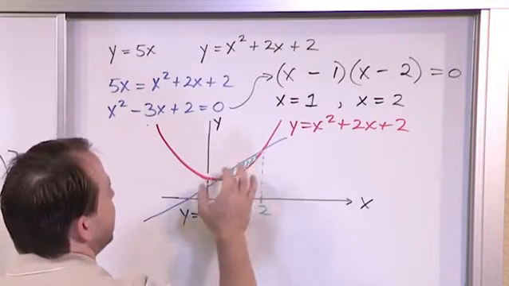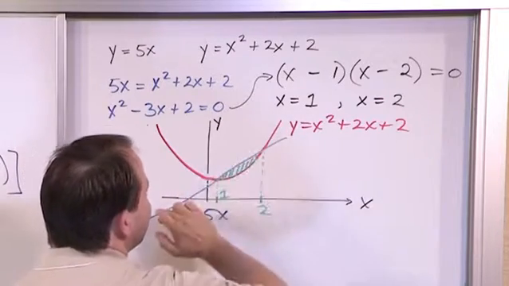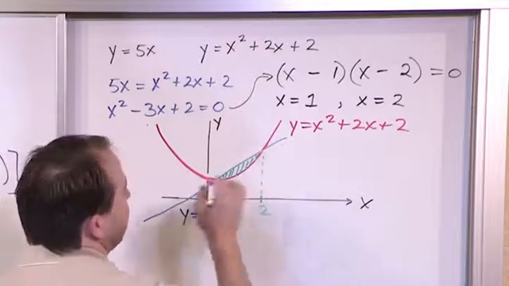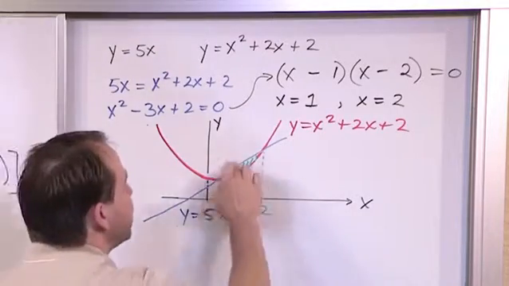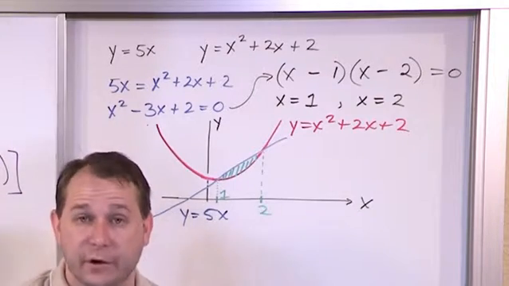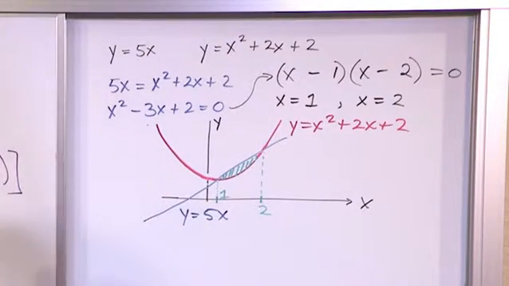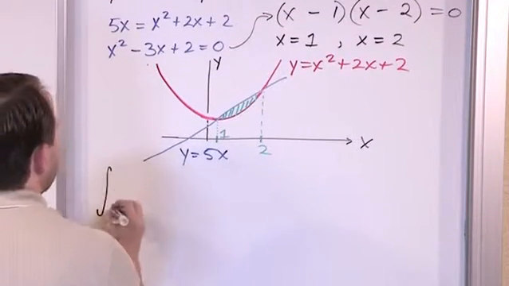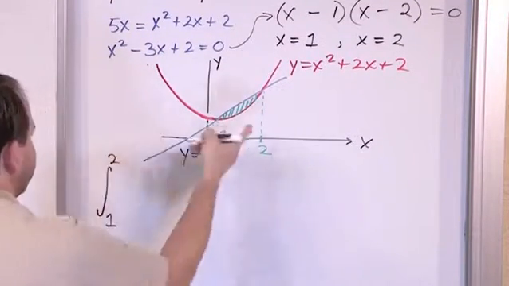The idea is that the blue curve is the one on top. When you're integrating from 1 to 2, all you care about is this region in the middle here. And in this region, the blue line is the one that's on top. So when we set our integral up, we want to put that one first. So let's go ahead and do that now and show you what I'm talking about. We want to integrate from 1 to 2, because these are the limits of integration we